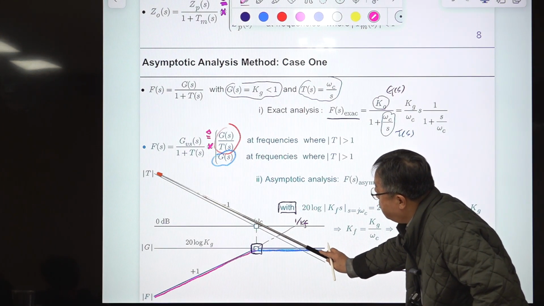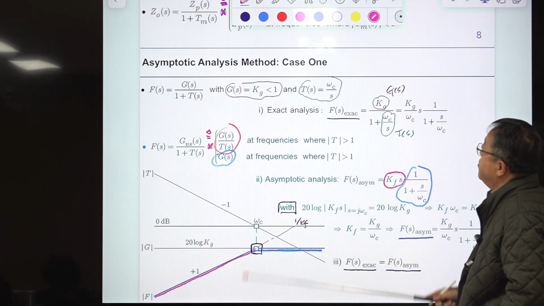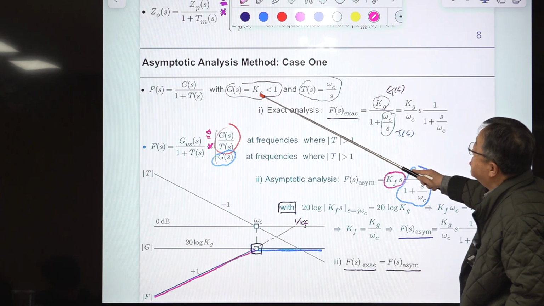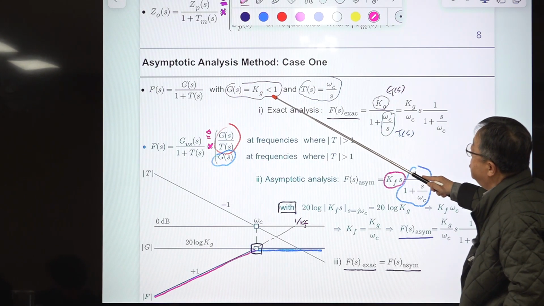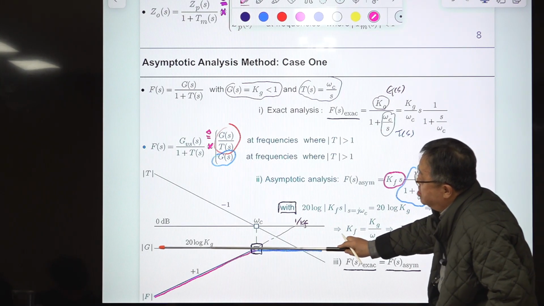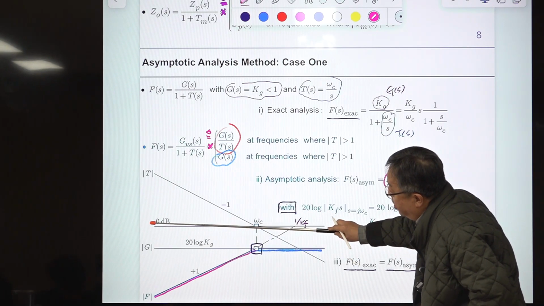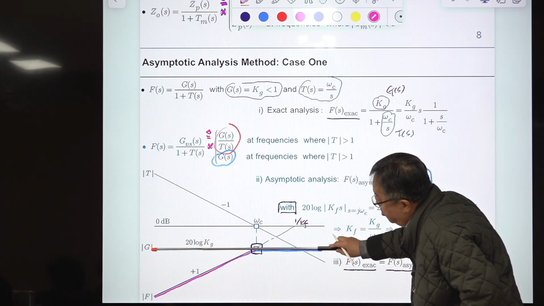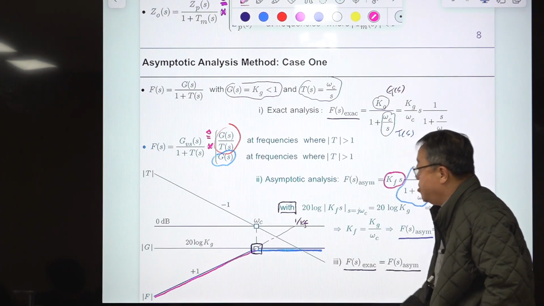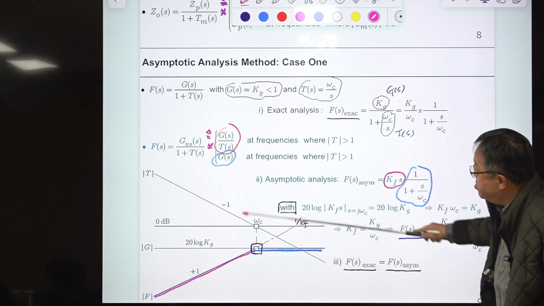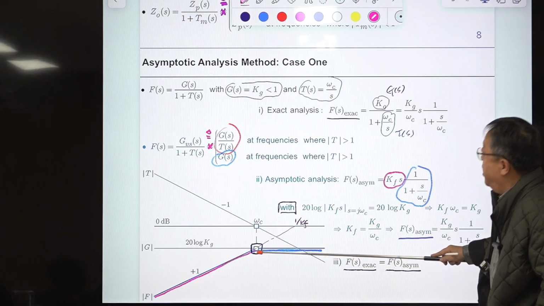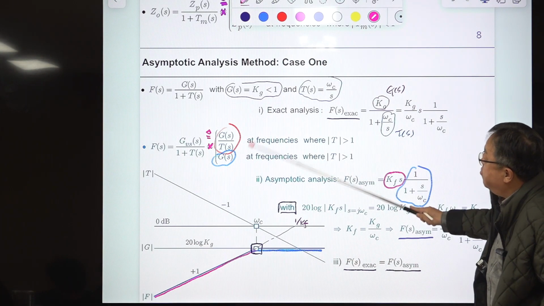You sketch Bode plot of this. Then you sketch Bode plot of this. This is constant, and value is smaller than 1. So it is negative something. 0 dB line is here, and the negative something is here. So you have two curves, this one and this one. And forget about this part. And from graphically